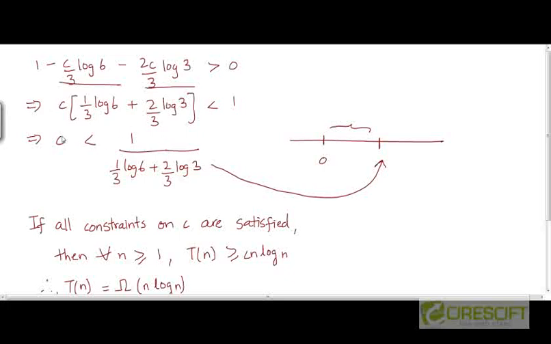So if C can be chosen to be less than the right hand side of all those constraints. Note that all the constraints were of this form: C needs to be less than some constant k1, C needs to be less than some constant k2, and so on. There are a bunch of constraints like this, a constant number of constraints, of course, the last of which comes from the inductive step, and the remaining come from the base cases. So if we choose a value of C that's less than the minimum of the right hand side of all those constraints,